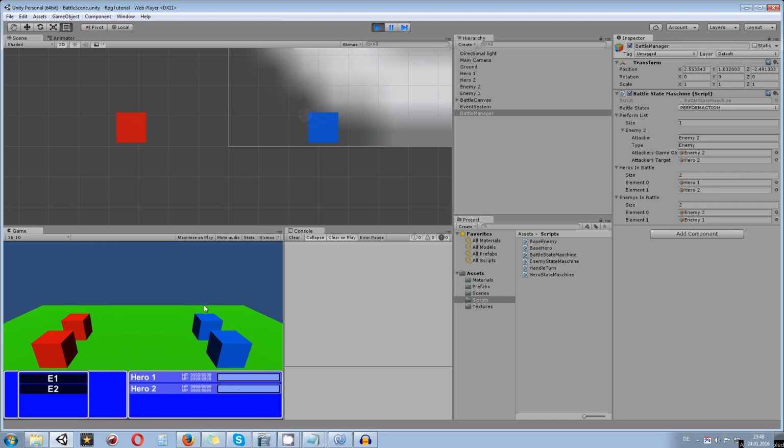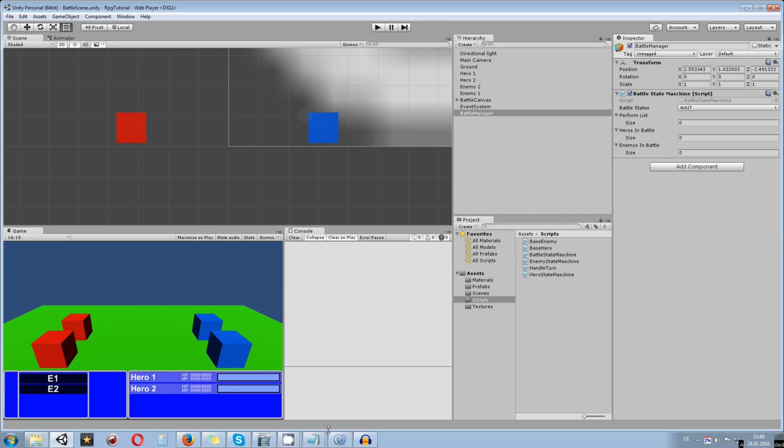And now we can see it's going to go over and over and over again until we stop the battle or anyone has lost or won. So until then, they will perform all that action. Pretty cool, huh? So the enemy has its basic state machine, and the battle manager, or the battle state machine, is going to take all the turns of the enemies and perform everything they want. They don't do actual damage, they just show us that everything works properly and the battle state machine is working. Except,